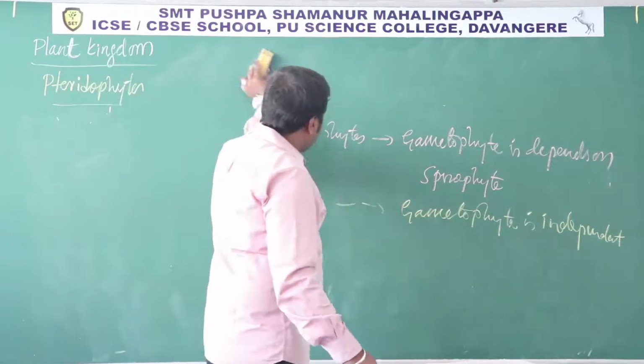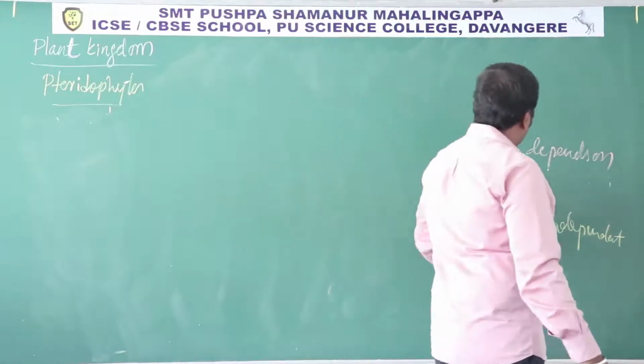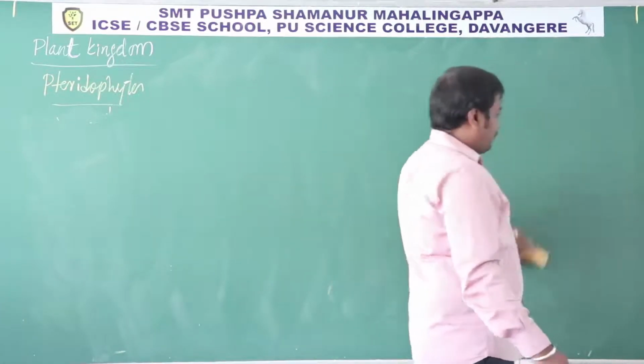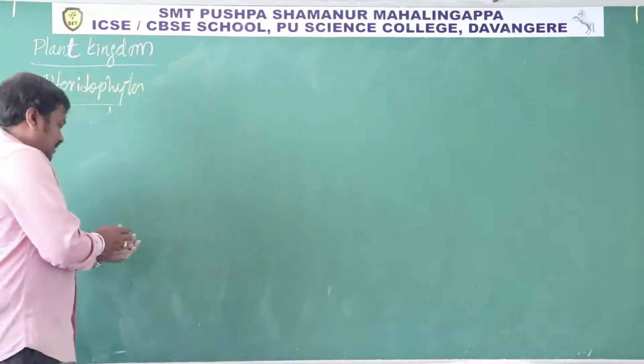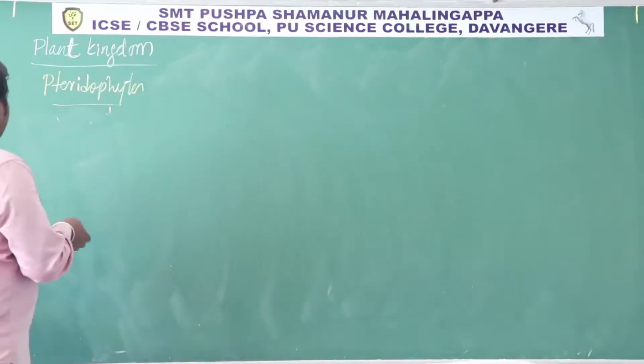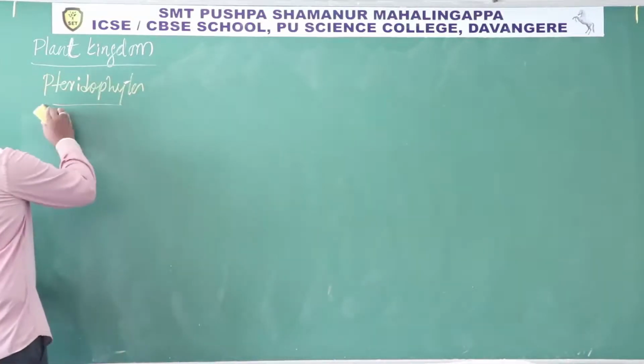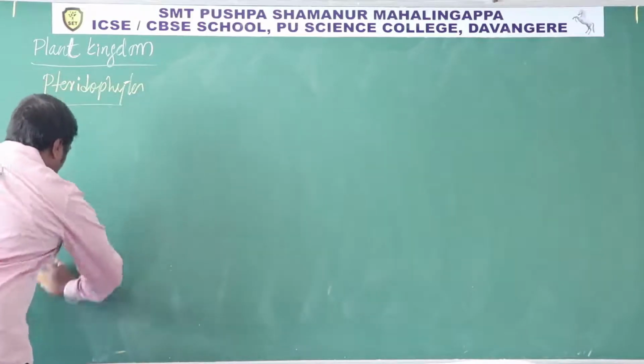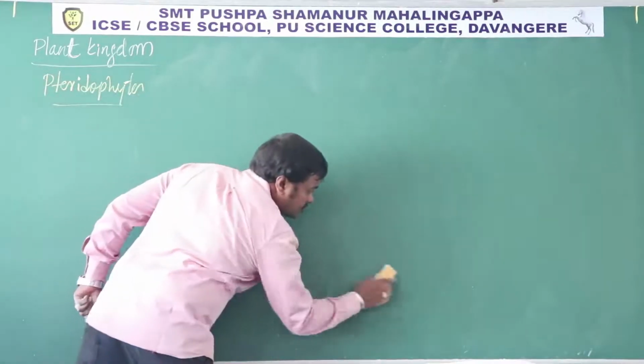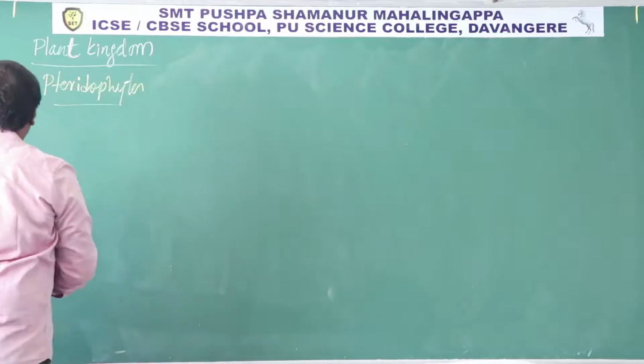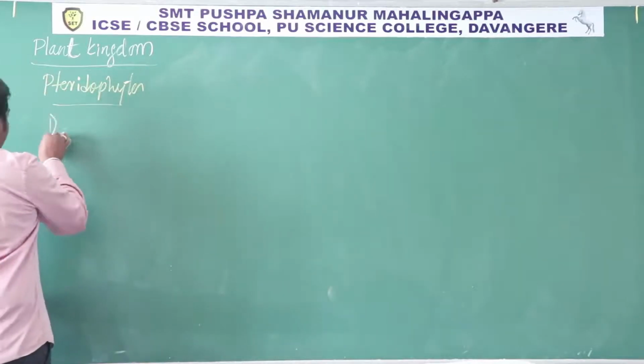Okay, so this is about homosporous and heterosporous pteridophytes. Then, depending on the type of plant sporophytic structure they have, the sporophyll structure and the cone or strobilus structure, these pteridophytes